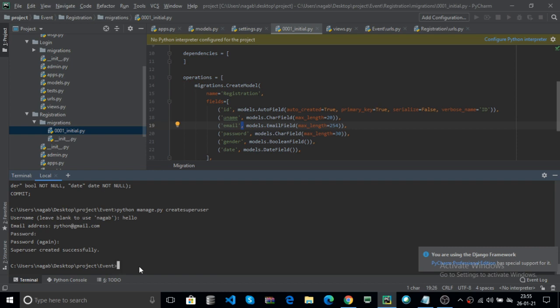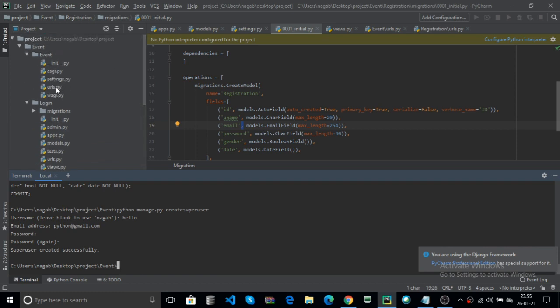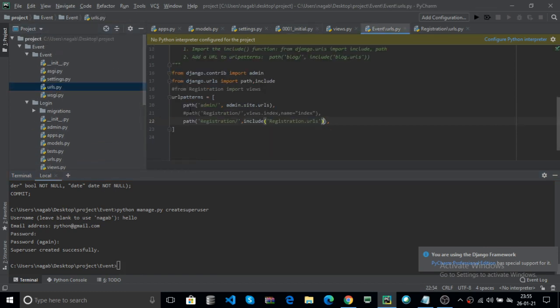Now how to run the admin? Before, we run the main package urls.py, here admin. When we run the admin, it returns an error. Why?